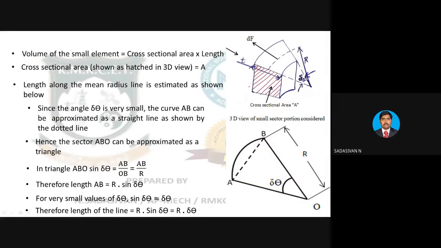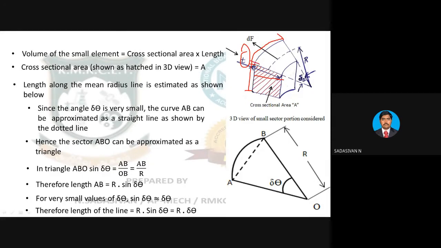What is the area? This red colored striked out portion has an area of capital A. How is it obtained? It is the width of the flywheel B into T. Look at how I have marked it. I have marked T here, the thickness of the flywheel. So this is your B, the breadth of the flywheel. And this length you have now approximated as r d theta.